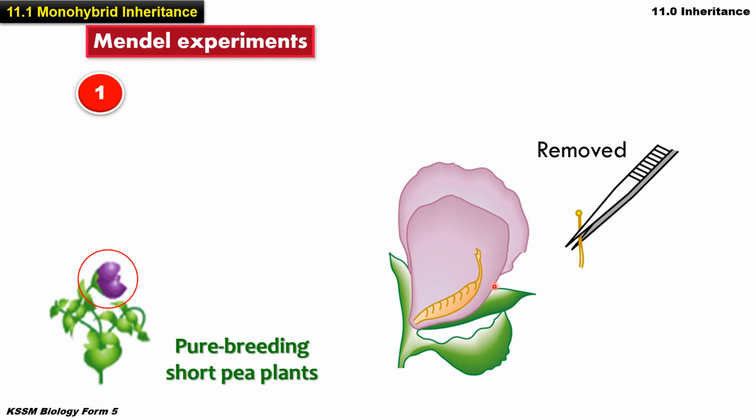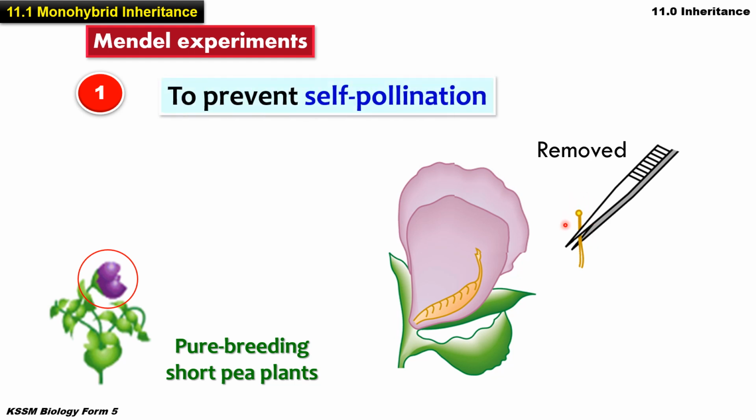Kenapa Mendel remove the stamen of the pea plant? Because stamen ni dalam ni ada pollen grain. It's a male structure. So this is to prevent self-pollination. Kenapa nak prevent self-pollination? Sebab Mendel nak crosskan this short pea plant dengan